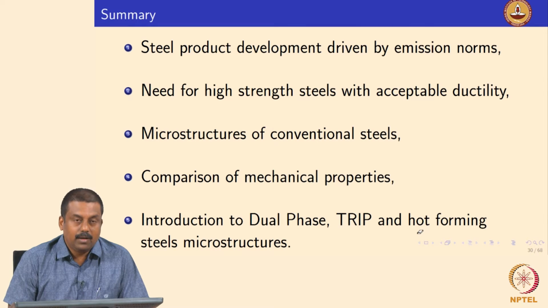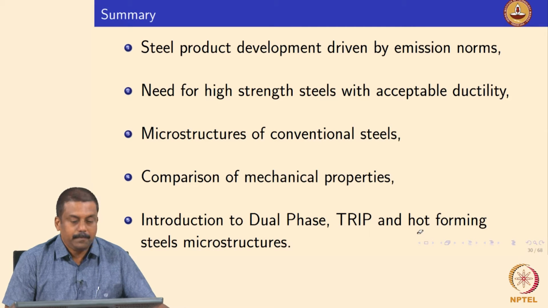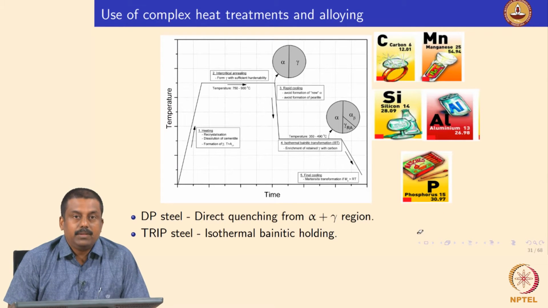So with that, we will conclude this physical metallurgy chapter, and we will move on to the actual heat treatments that are used to generate these complex microstructures of dual phase and TRIP steels, and we will also look at the simple, basic thermomechanical cycle used in hot forming operations to achieve the martensitic microstructures in subsequent lectures. So I will start with an introduction about the heat treatment that is commonly used to generate dual phase and TRIP